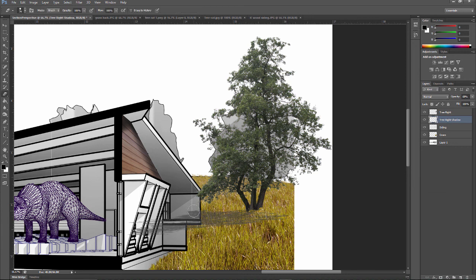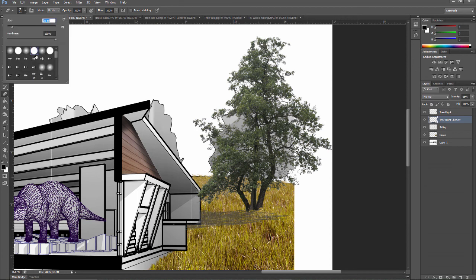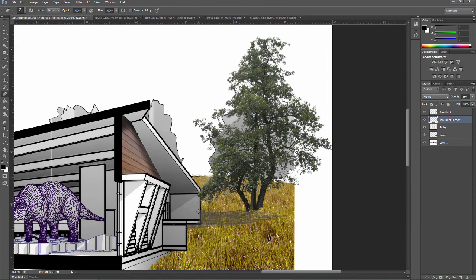And then we're going to decrease its opacity, something about like that. Next, we want to erase, and again, I could use the polygonal lasso to do this, but I'm just going to really quickly use the erase tool in this case, with a slightly smaller brush to get in and get rid of some of these details right here. Okay, and then once I have that,